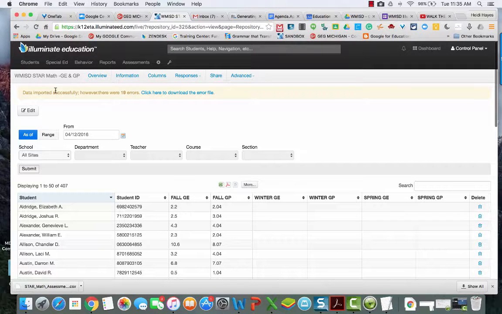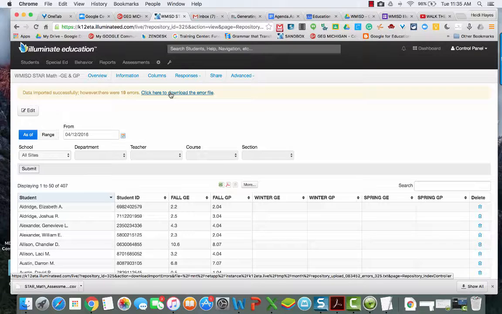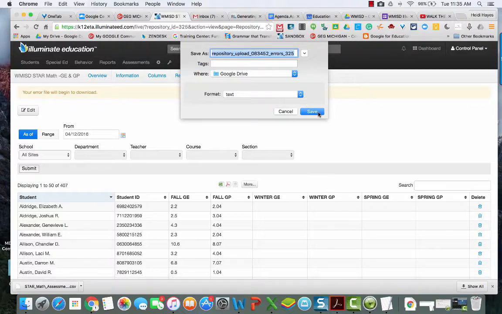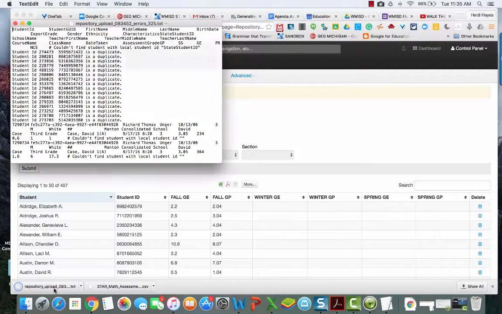So when this comes up here, when there are 19 errors, a lot of the times this is because there's duplicate students, and so it can only put in 1 score. Or a student might not have a UIC in there. So you can click on the file to see what the error was if you want to see that. And so we'll pull this up here. As you can see, a lot of these are because there was a duplicate because they took the test more than once. So it was only taking the most recent score. And then the ones that are down here, it's basically because there's something incorrect with their UIC. So you can either go fix their UIC in the file and re-import it, or you can just go manually put their scores in